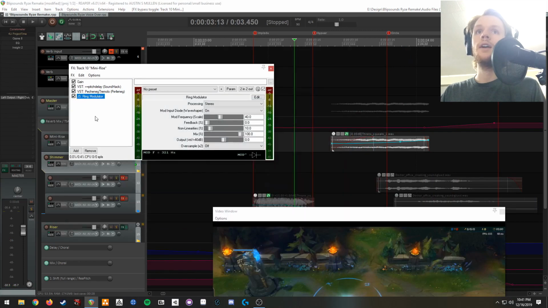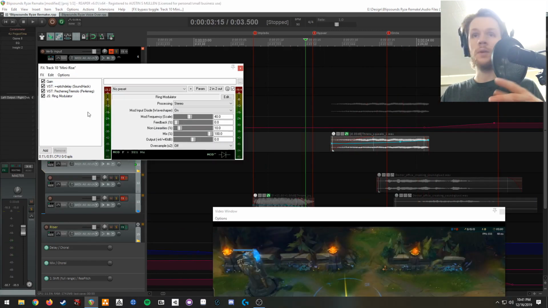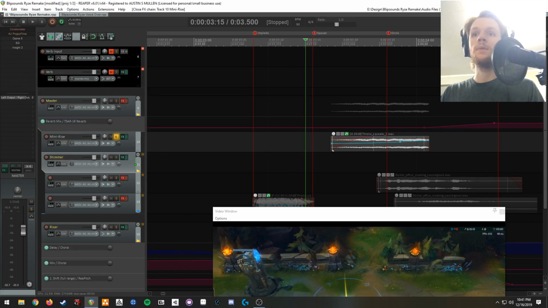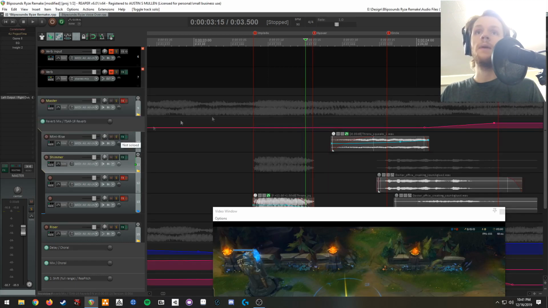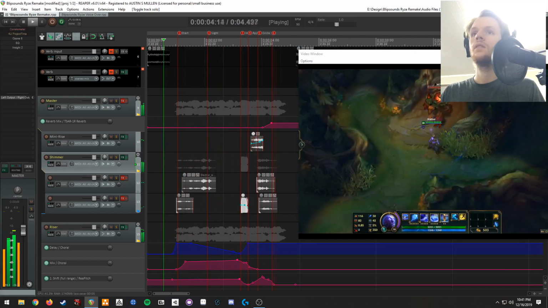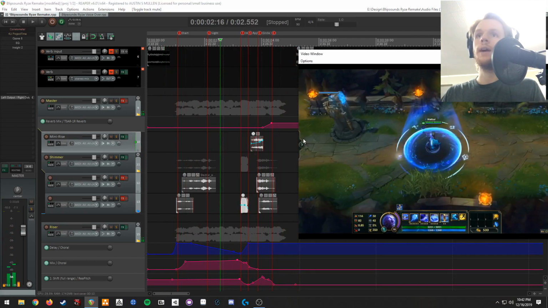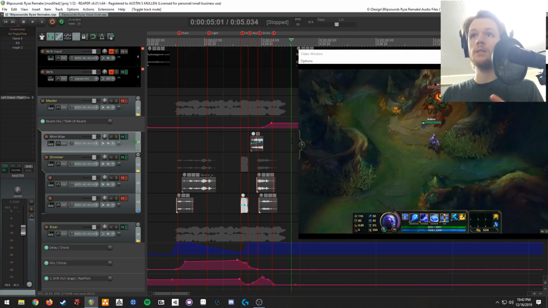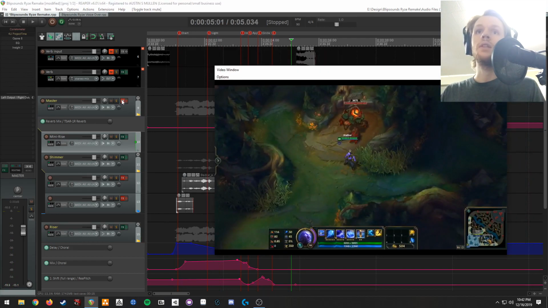And after that, I threw in a ring modulator. It wasn't cutting through the mix very well, and so adding the ring mod with a wave shaper attached helped it be much more apparent. I just felt like it gave Ryze himself more presence as he's coming out of the other end of the teleport. So the last thing we have to look at is the master effects.